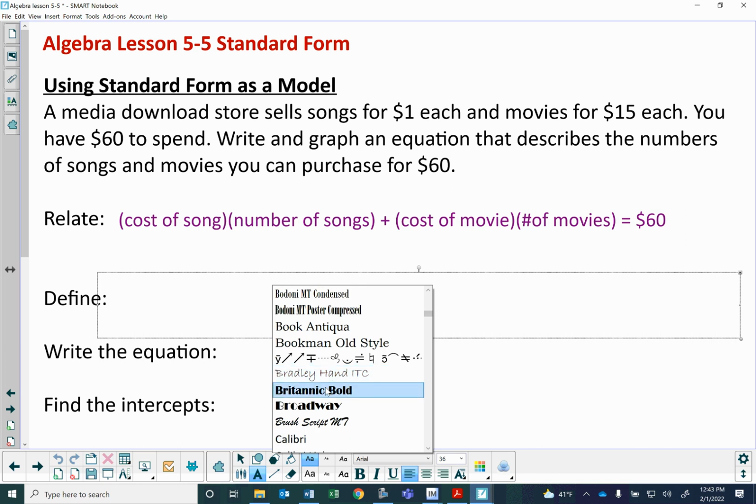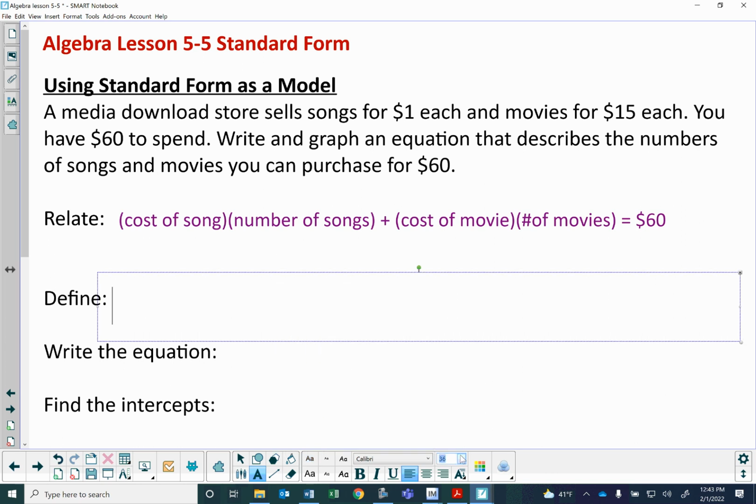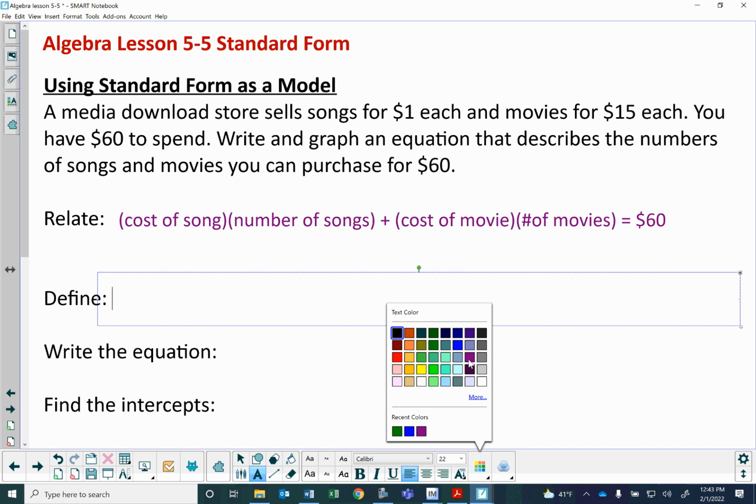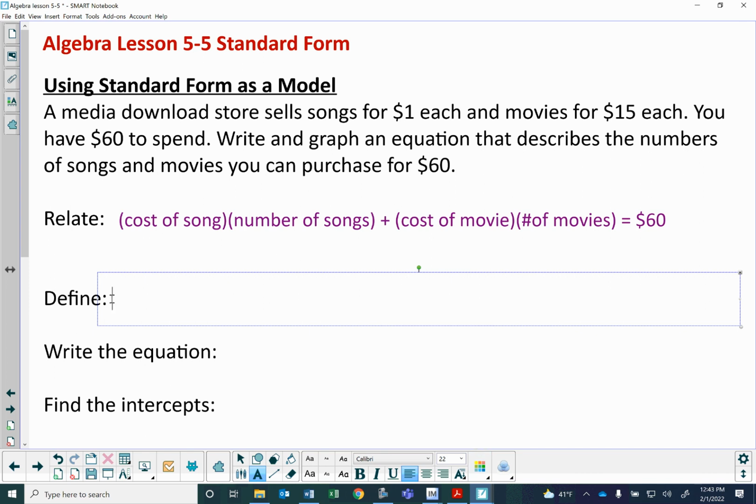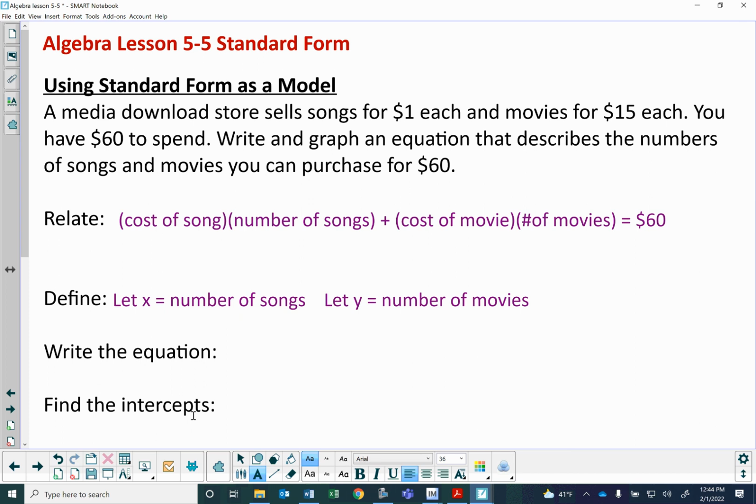I'm going to let x equal the number of songs, and I'm going to let y equal the number of movies. So now my equation is going to be the cost of my songs. Songs were $1 each, times the number of songs, which in this case happens to be x. So here, this is going to be 1x